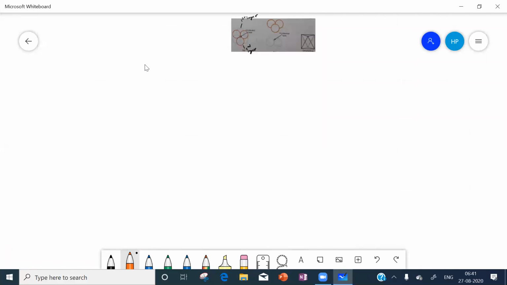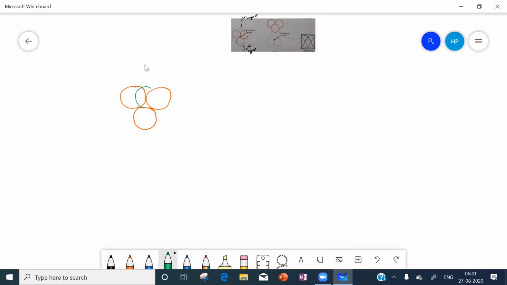You take 3 particles in one layer. One particle we will draw like this, another particle like this, and another particle like this. So we took 3 particles. Keep these 3 particles as a triangle in one layer. Next you take another 3 particles and keep them over this triangle.